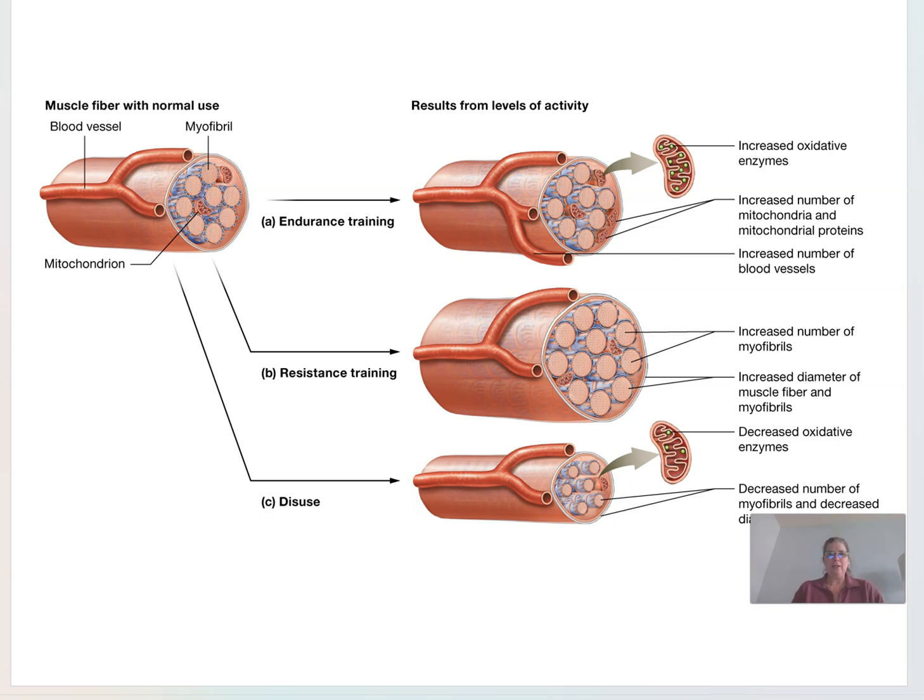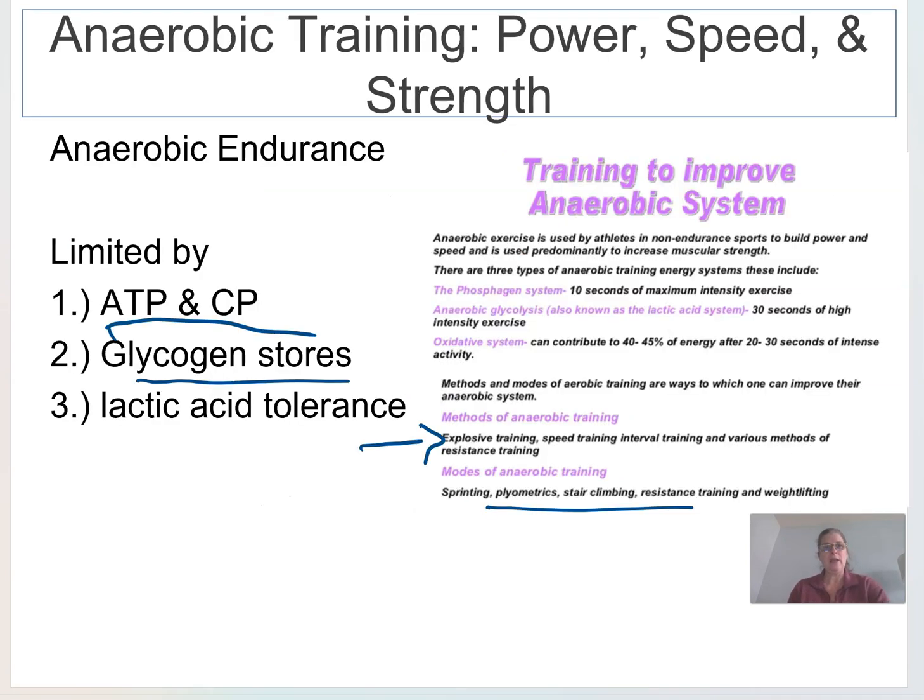So when we're looking at muscles, again, just understand that when we exercise, both resistance training, which is weight training, and endurance training or aerobic training, both are going to cause changes in our muscles. In fact, let me go back here for a minute. The resistance training also increases all of those glycolytic enzymes. So the process of glycolysis you learned in Bio 119, but you have a lot of enzymes that you need for all these reactions to occur, and your body gets better. You make more enzymes and it makes you more efficient at it,